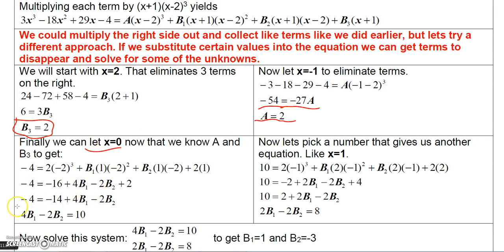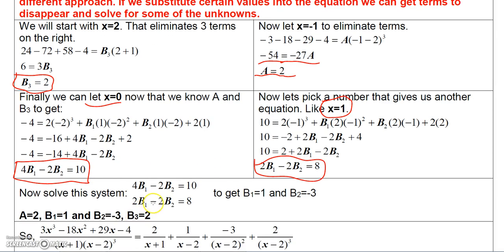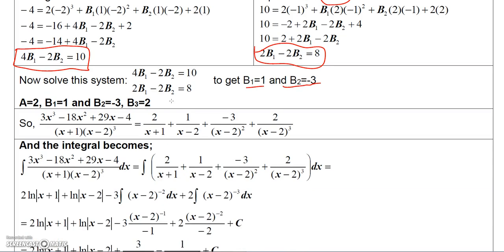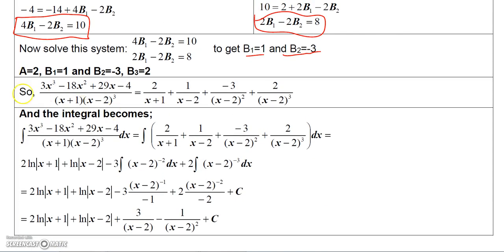And basically what you'll get there is an equation, 4B1 minus 2B2 equals 10. Now do the same thing, but let x equal 1. If you put 1 into the left, you'll get 10. And if you put 1 on the right-hand side, you'll get 2 plus 2B1 minus 2B2. And then we have that equation. And if you put those two equations together and solve them, you'll get that B1 is 1 and B2 is negative 3. So now we have all four values, and we can actually write our fraction as a sum of four terms,